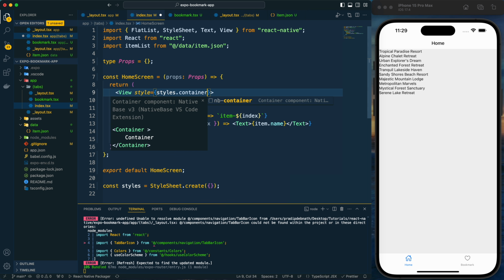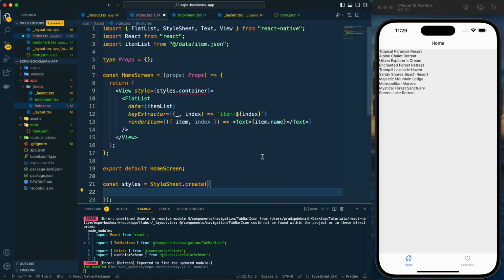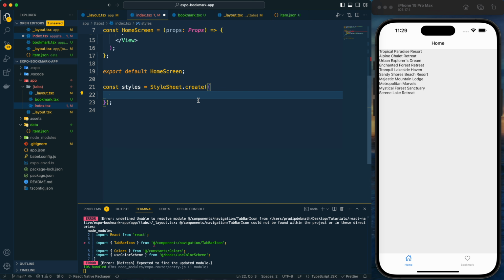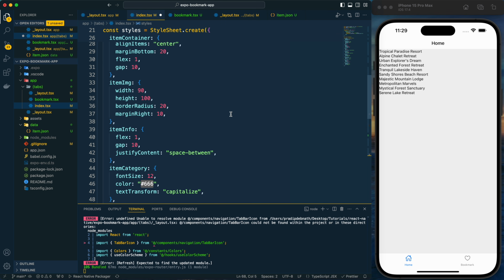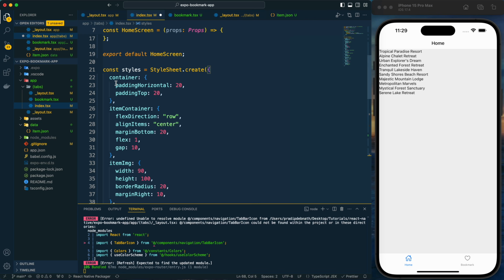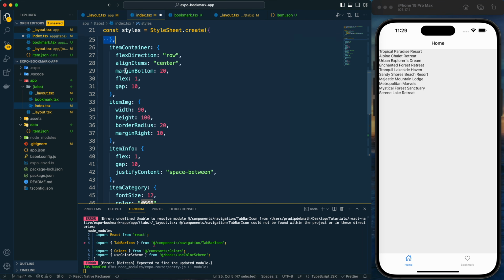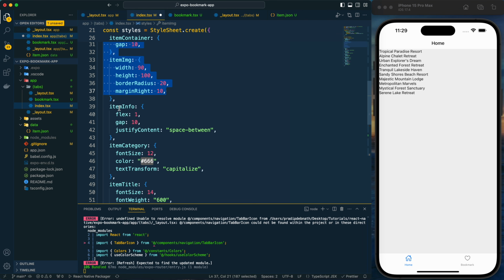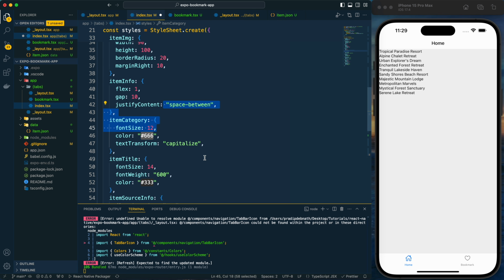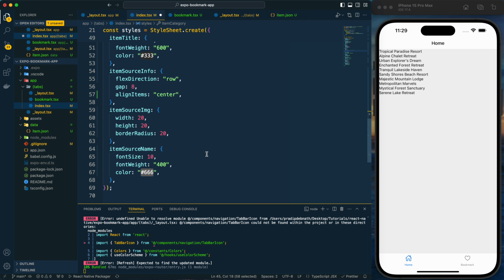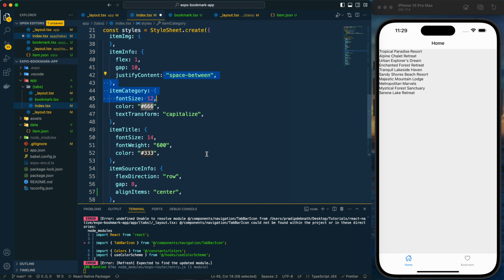For this I will provide container. So let's provide that container here, and along with the container I will provide some more styles which will be helpful for the designing of the items. I'm not going to waste time to create those styles. I'm just going to copy paste those here. Okay, so here for the container I have provided this, and then I have these item styles which I am going to use. You can pause the video and take note of these items.